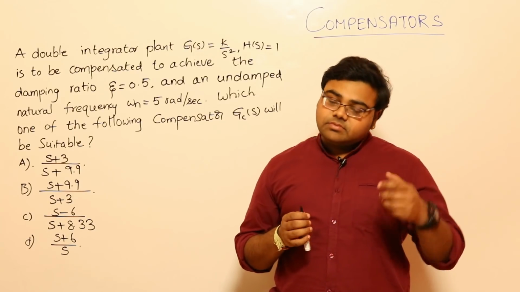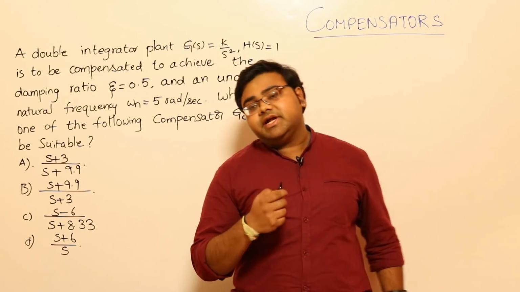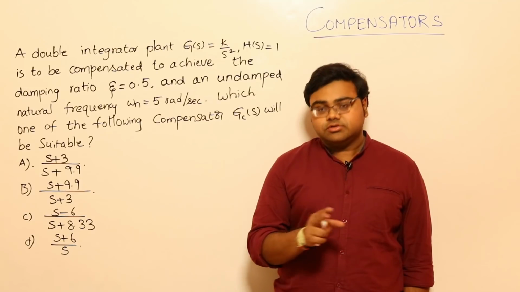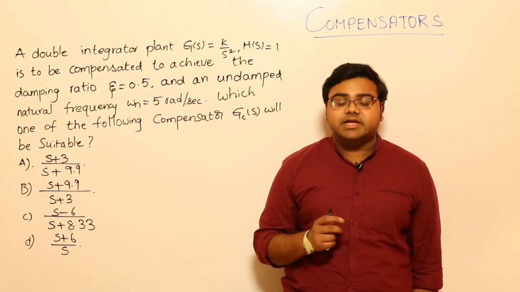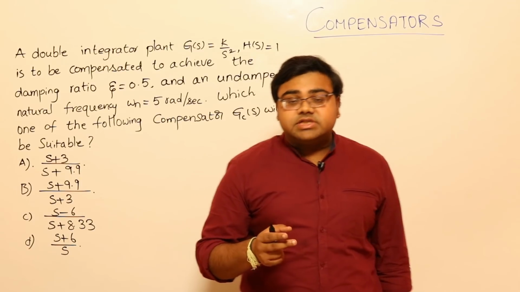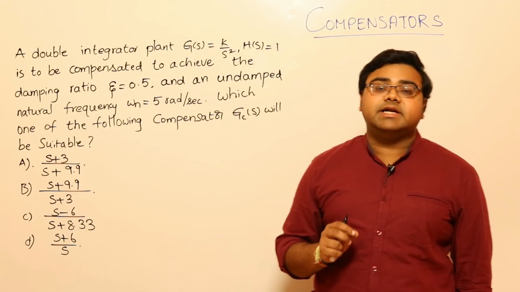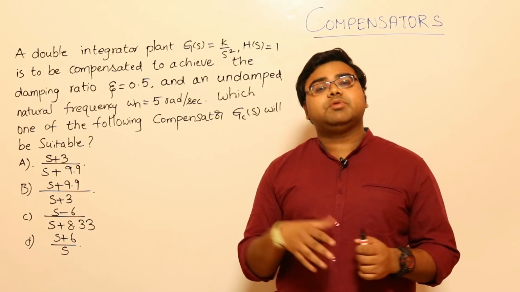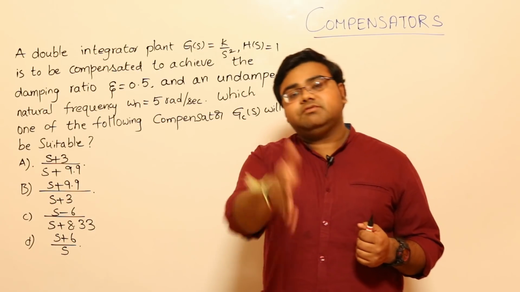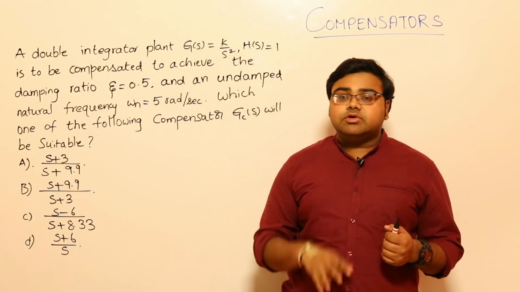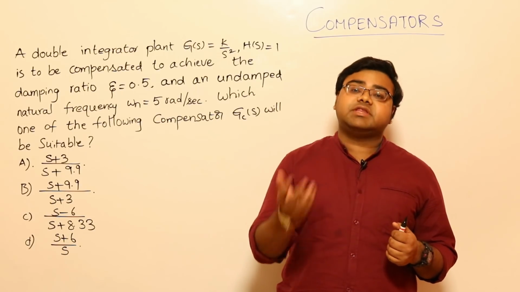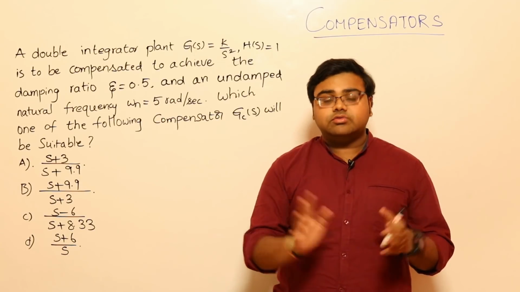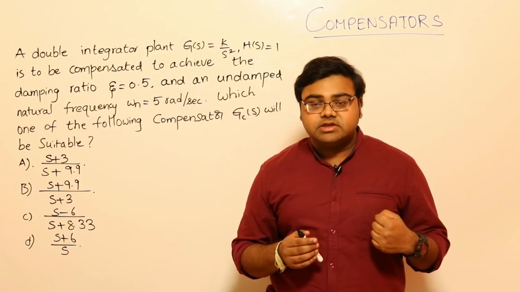Third point is, in controllers, there is one more thing that comes. Why do we add controllers? Because we feel that either the transient or the steady state response has a problem. All the analysis so far, whatever you did in finding error, in finding transient response of a system, you have done only for one reason, and that reason is that you basically want to fix some problem that is there in the system. Now when it comes to fixing, you should know appropriately which controller I have to add. Whether it is the D controller that will fix the transient, whether the I controller will fix the transient, whether the I controller will fix the steady state, and vice versa. We do not know. Again, confusion is there.